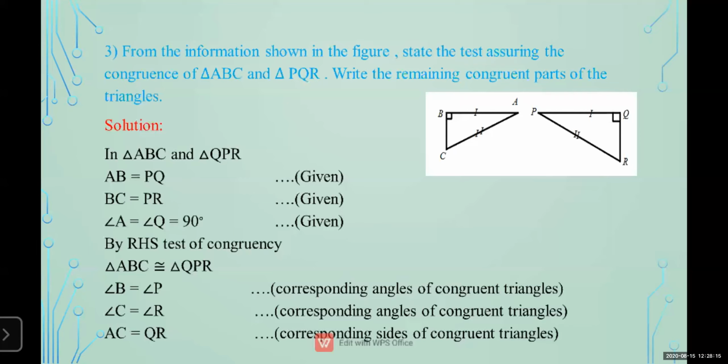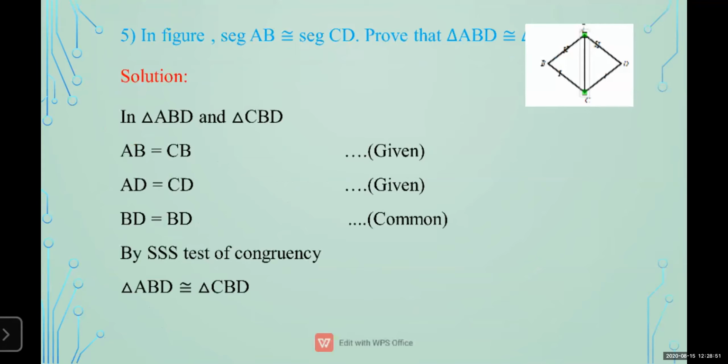Okay, by CACT means corresponding angles of congruent triangles. उसको short form में हम CACT भी लिख सकते हैं. Obviously CACT ही show करते हैं. अभी ये शुरुआत है, आपका फर्स्ट अटेम्प्ट है, ये क्वेश्चन अटेम्प्ट करने का फर्स्ट टाइम है. So CACT, always use the short form of that. CACT, corresponding angles of congruent triangles. And for the sides it is corresponding sides of congruent triangles. So the short form is CSCT.